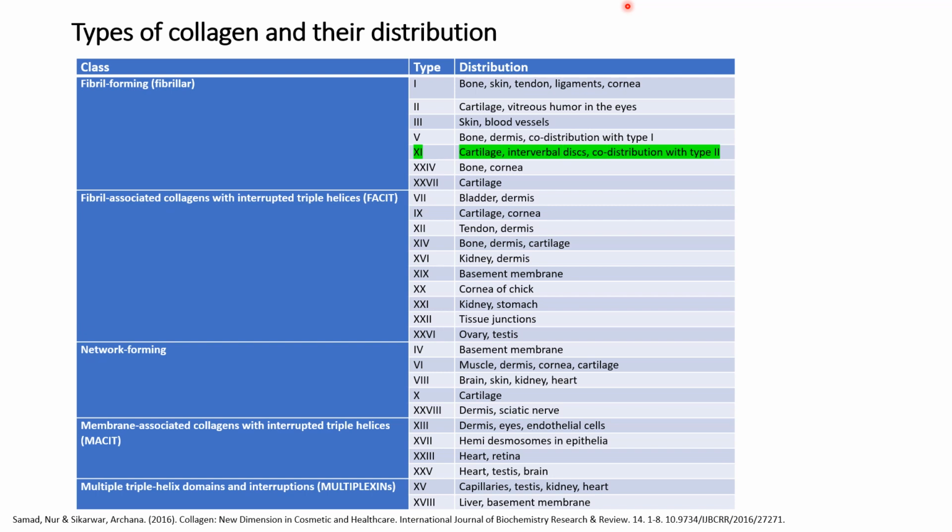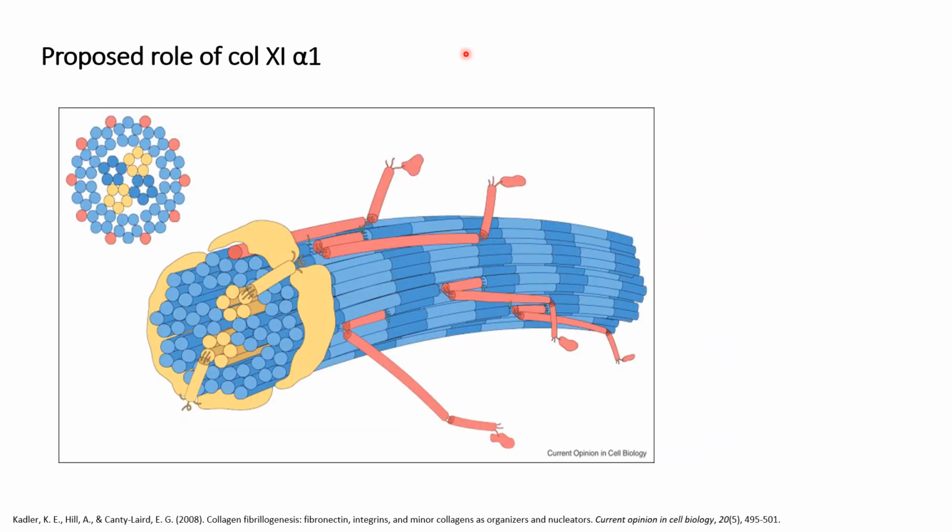Type 11 collagen is a minor fibrillar collagen and is found co-distributed with type 2 and type 5 collagen. Collagen type 11 is mainly expressed in the cartilage and intervertebral disc. The in vitro studies suggest that the regulatory behavior of collagen type 11 is dependent on the complex formation within the amino terminal domain, shortly known as NTD,